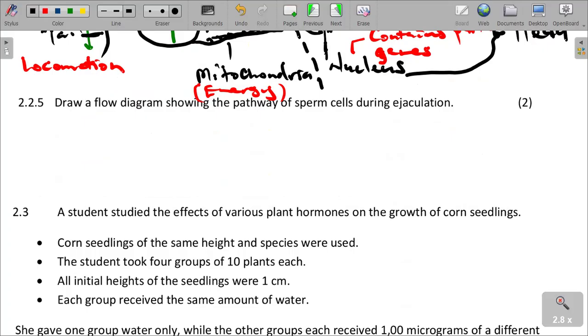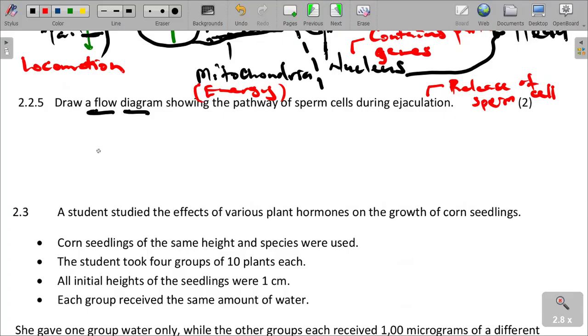And then the question is saying, draw a flow diagram showing the pathway of sperm cells during ejaculation. Please take note, the flow diagram is just to show the sequence, the pathway or the release of the sperm cell. Ejaculation, we are saying, is the release of semen, of the sperm cell. That's what we call